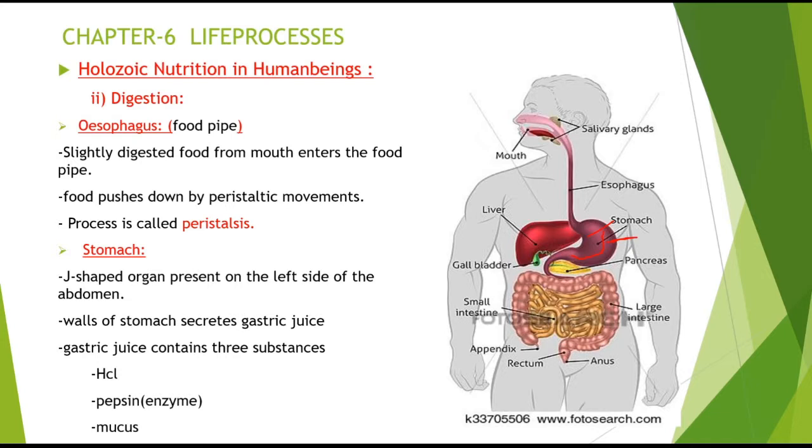So what is the use of the hydrochloric acid in the stomach, children? This hydrochloric acid helps in killing the germs which are present in the food, and also helps in turning the food into an acidic medium, which facilitates the action of enzymes like pepsin. Here the enzyme present is pepsin. When the food is in an acidic medium, then only the pepsin enzyme can act on the food for the partial digestion of the proteins.